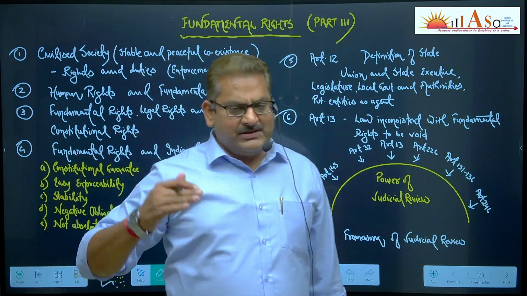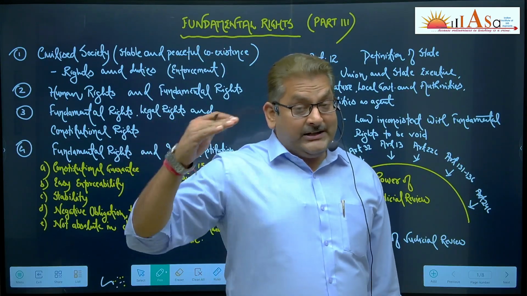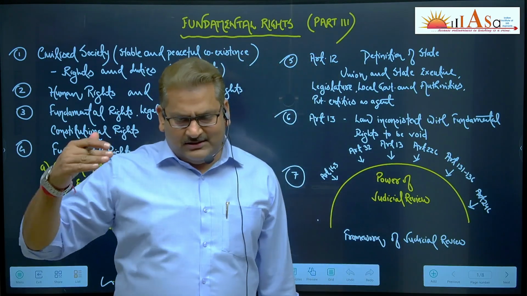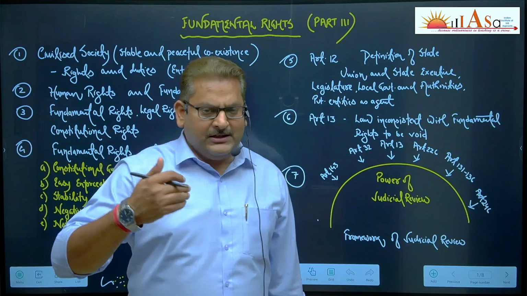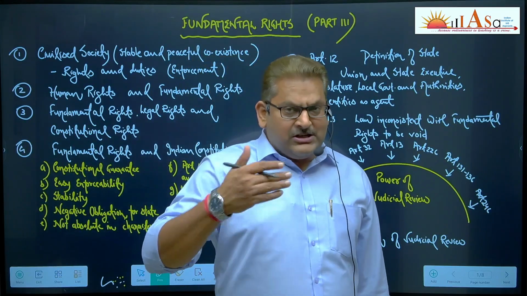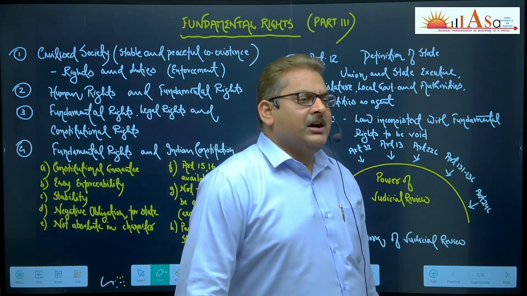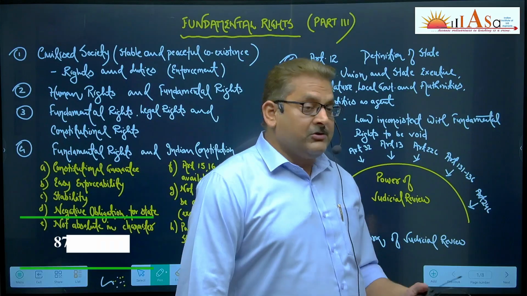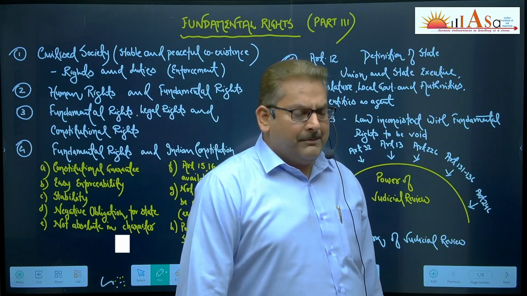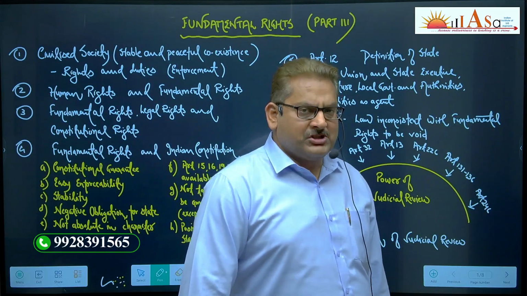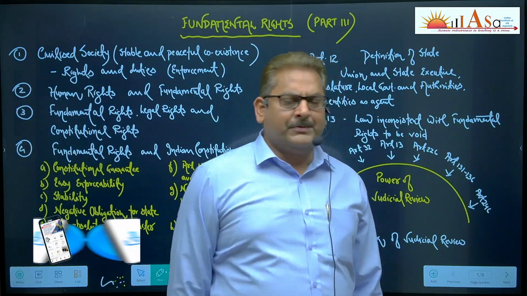How from 1773 onwards up to 1858, the administration of the East India Company underwent increasing control by the British government, and from 1858 onwards, the British government assumed the charge of administration in India. We have discussed this in detail. I hope things are very much clear.